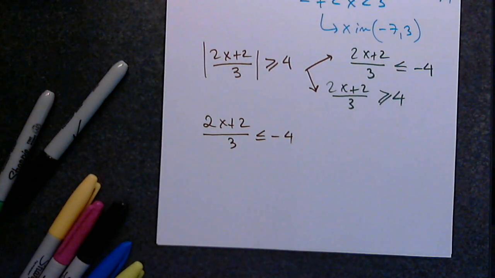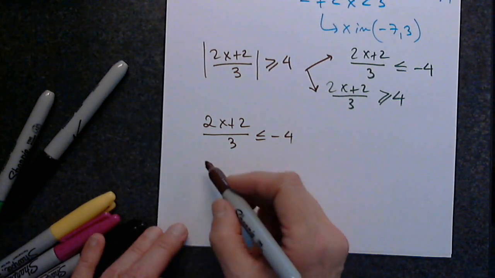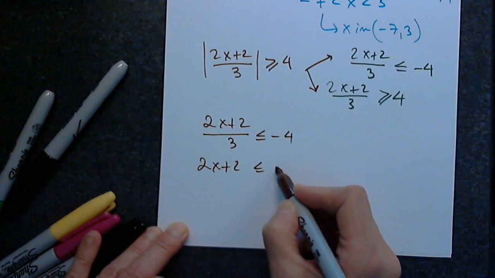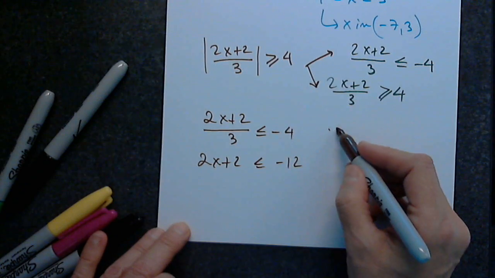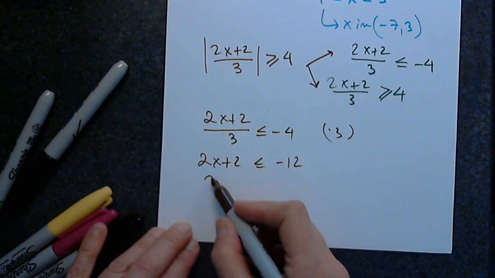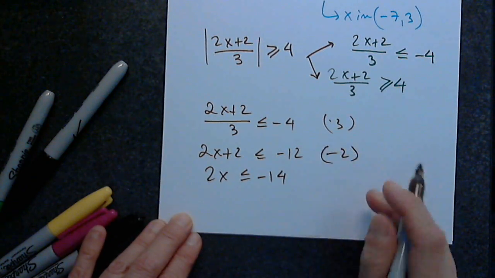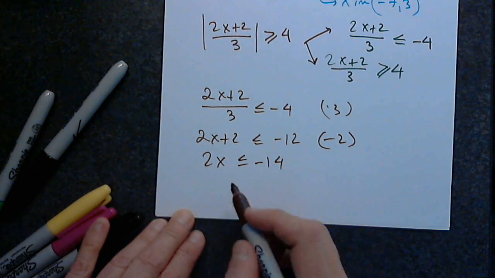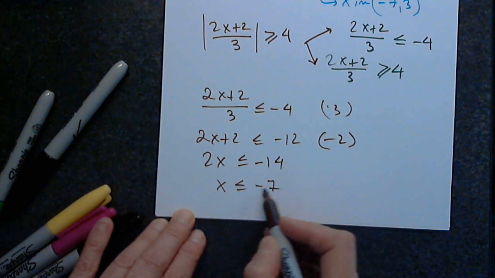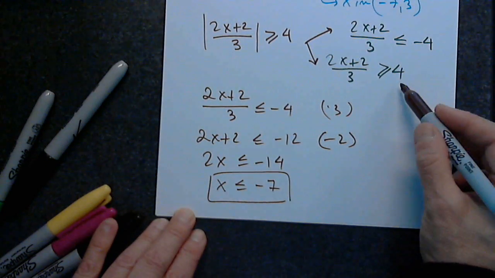How do I solve this? Good. So I have 2x plus 2 less than or equal to negative 12, multiplying both sides by 3. Then subtract 2, 2x less than or equal to negative 14. And finally, divide to get x less than or equal to negative 7. Now this one